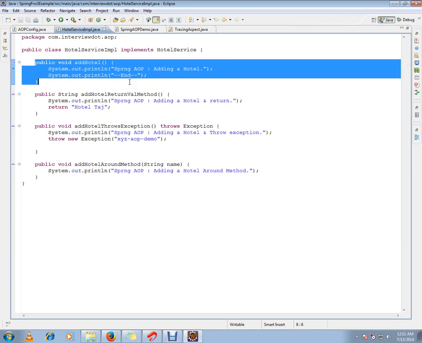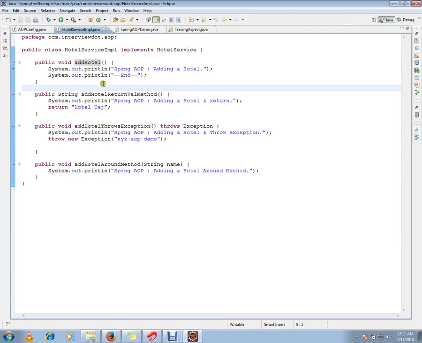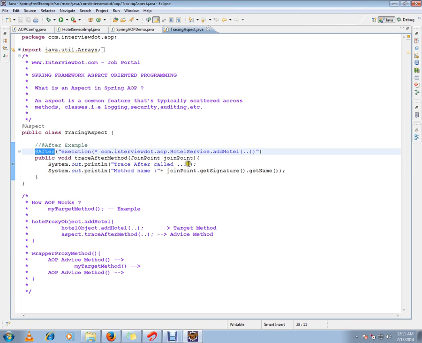But I don't want to put the real logging code here, because logging, security, transaction, auditing, these are the code which is scattered across all the business layer. So I want to separate it from the business layer. So that's the intention of aspect. The main intention is that code related to logging, security, auditing, transactions